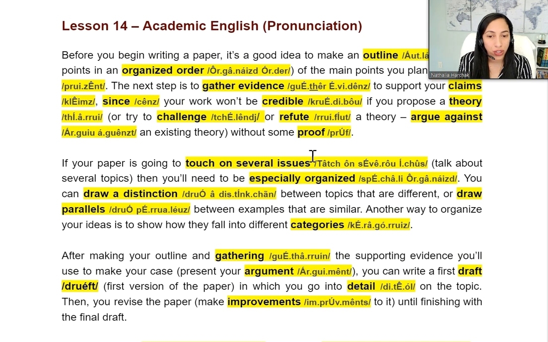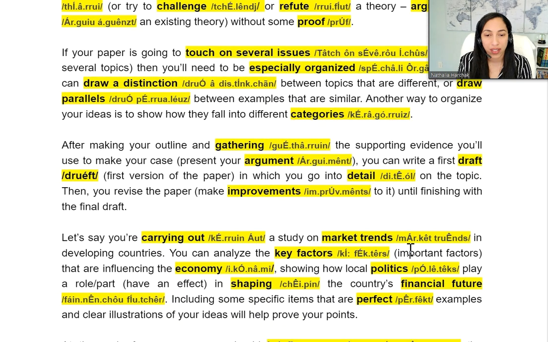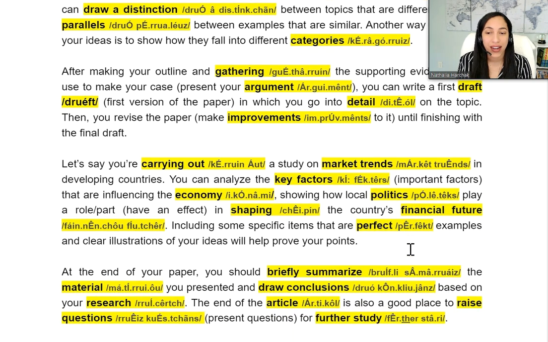Touch on several issues, touch on several issues. Specially organized, specially organized. Draw a distinction, draw a distinction. Draw parallels, draw parallels. Categories, categories. Gathering, gathering. Argument, argument. Draft, draft. Detail, detail. Improvements, improvements. Carrying out,